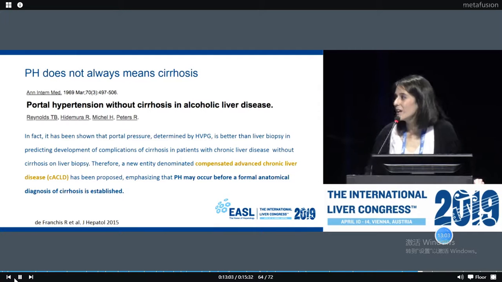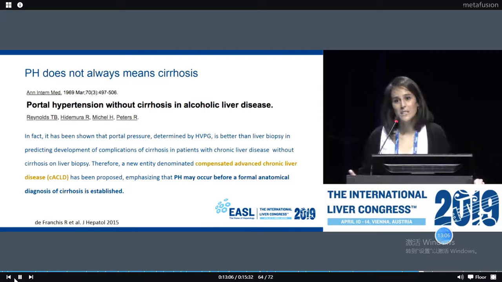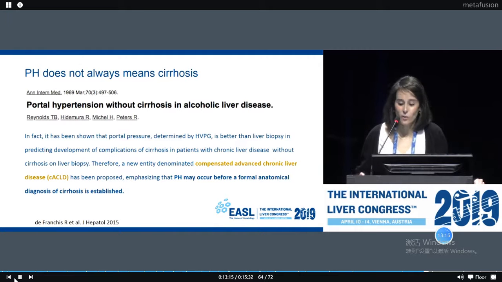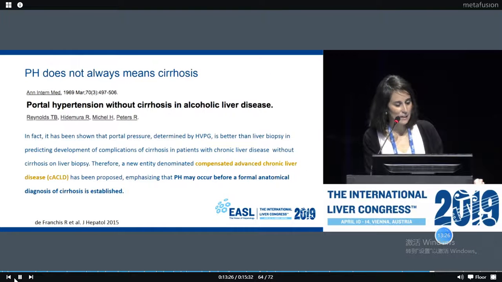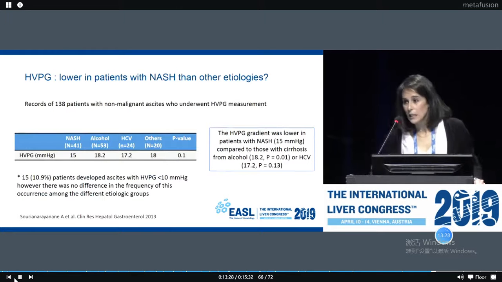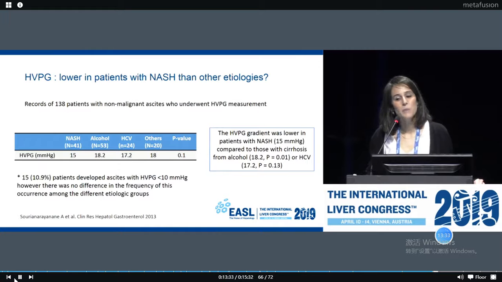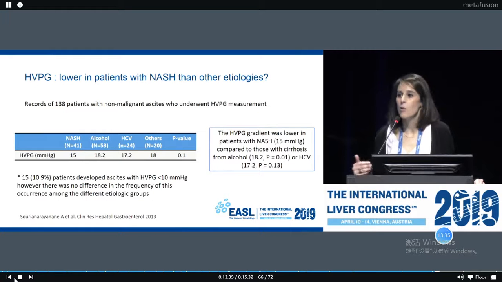In the last Baveno, it was agreed to try to avoid the term cirrhosis, which is a histological term, and call the disease compensated advanced chronic liver disease, emphasizing that portal hypertension may occur before a formal anatomical diagnosis of cirrhosis is established. So in these papers, the authors conclude that HVPG in NASH patients can be lower than in other